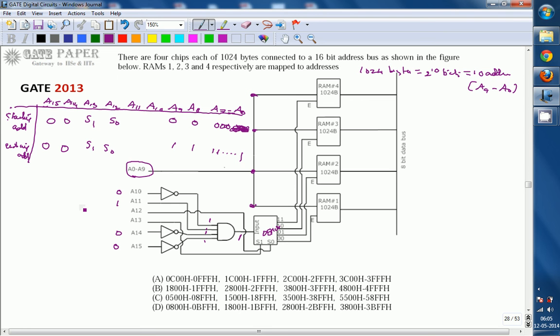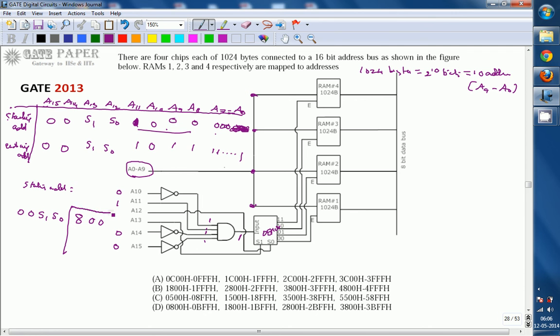Okay, and A11 is 1 and A10 is 0. So now I will write the starting address. Starting address, you can write it as A15 to A12 is nothing but, directly I am writing that one, 0 0 S1 S0, and later the other 3 bytes are going to be constant. Starting address is nothing but, these 4 are going to be 8 and these are 0 0, so this is 800 is nothing but starting address.